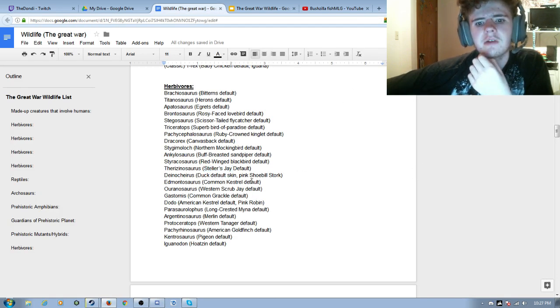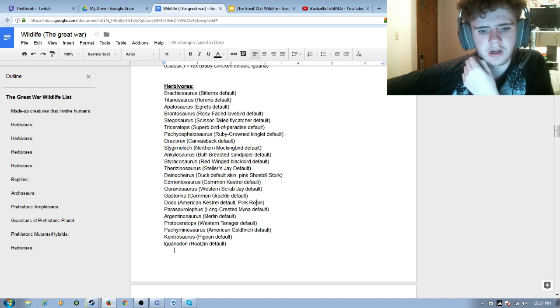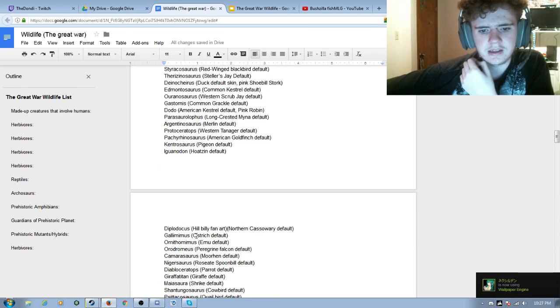Dinosaurs will have a duck default. Pink shoebill stork and Montosaurus kestrel default. Tyrannosaurus western scrub jay. Gastornis will have a grackle, common grackle. Dodo, American crested default, and pink robin. Parasaurolophus, long-crested myna, Argentinosaurus, Merlin, Protoceratops, Western tanager, Pachyrhinosaurus, American goldfinch, Kentrosaurus pigeon, Iguanodon hoatzin, Diplodocus, hillbilly fan art,